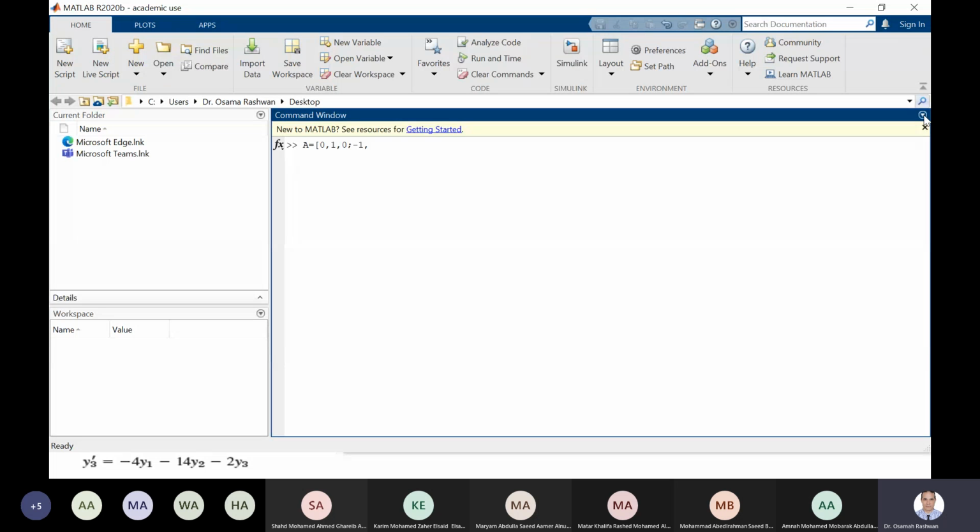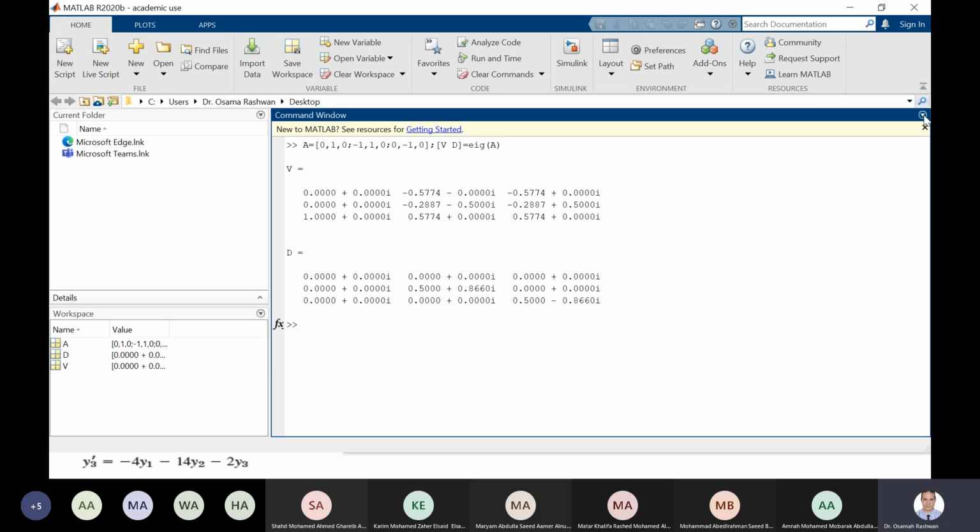Minus 1, 1, 0, semicolon, 0, minus 1, 0. Then semicolon, I have to say, please give me the vectors and the diagonal matrix with the eigenvalues using the command eig for the matrix A, which should be a square matrix, of course, and then just enter. Here I have a complex number, right? And I have each one here as eigenvectors, also